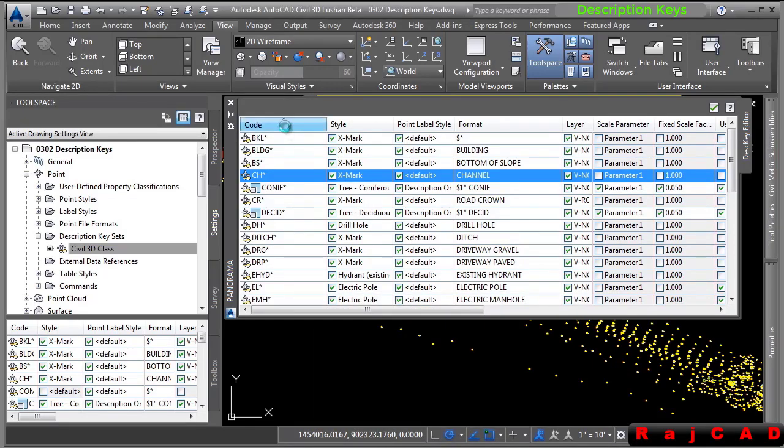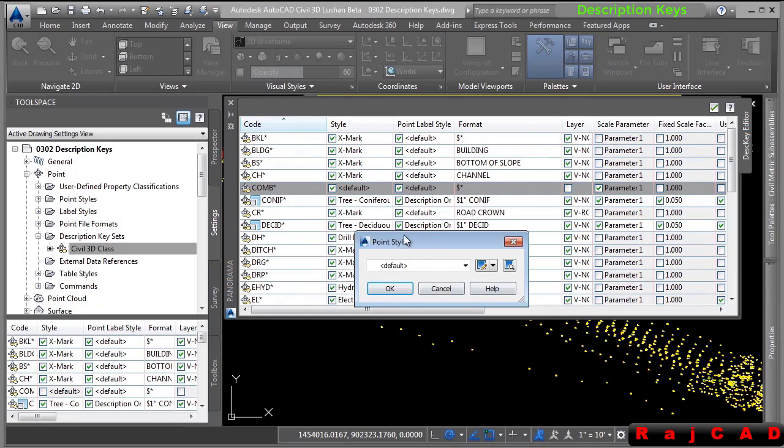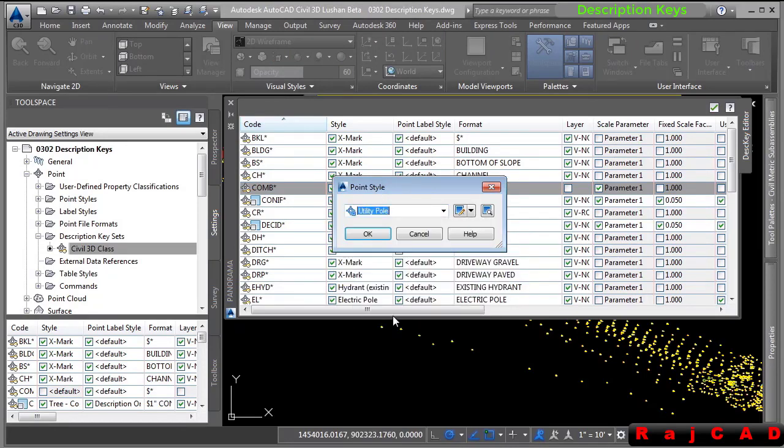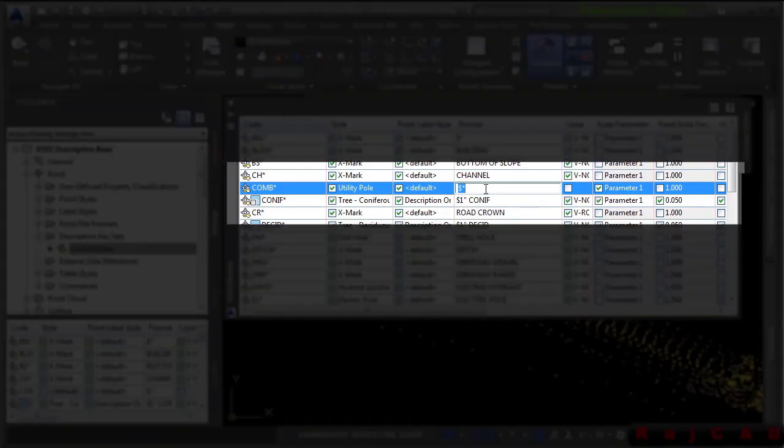Note that you can sort these columns, and notice we have column asterisk there. Let's go ahead and find a default style to use. So we'll go ahead and pick a utility pole style. Click OK. And now let's go ahead and set the format to actually leverage the pole number that the server